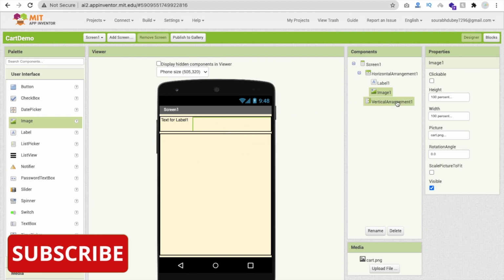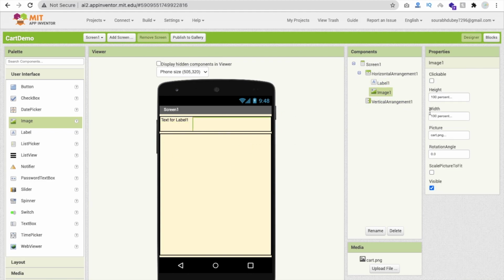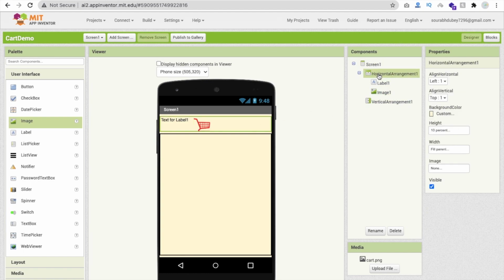Now let's try this. Oh, I'm sorry, that is 100%. This should be 100 pixel, not a percentage, pixel. But it's still too large, so I'm going to try 50 height and 50 width and let's see the size. Right, cool. Now click on this horizontal arrangement and you can see the align vertical should be center, but align